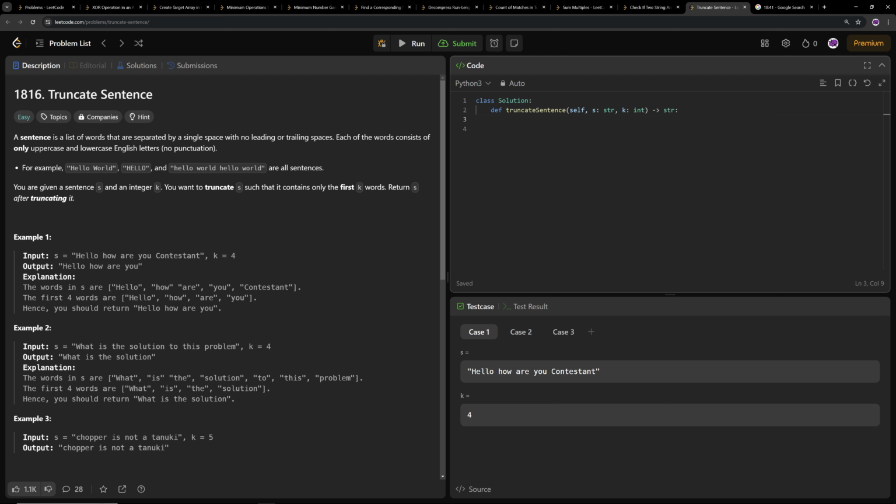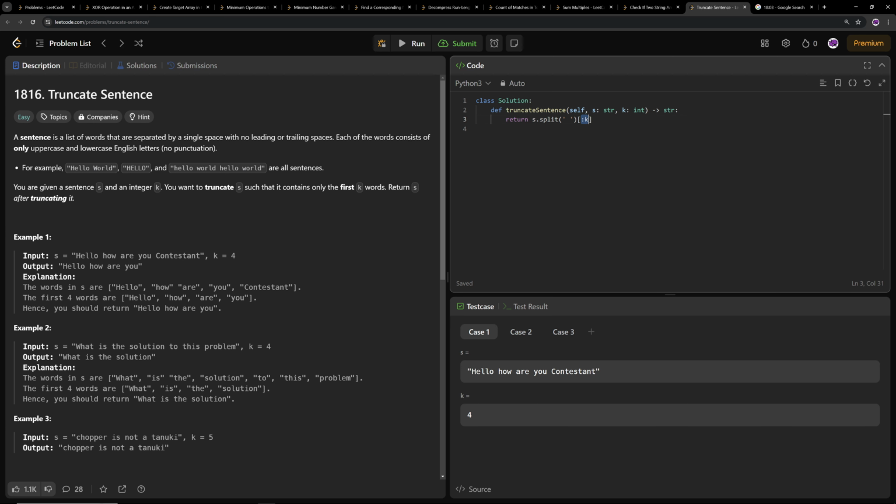All right. So there is actually a one line solution in Python too, but definitely it's not the optimal solution for sure. So one line solution would be just like the previous problem. There's a split function, right? So I can just do a split like that. This will give me an array of strings, each element separated by space, right? And then I can just get the first k